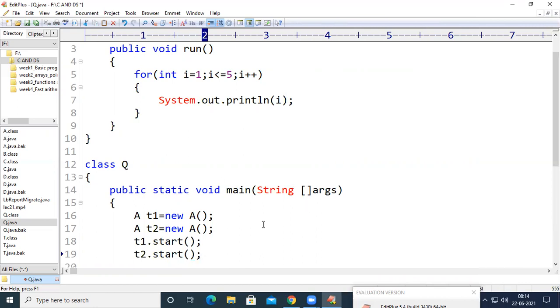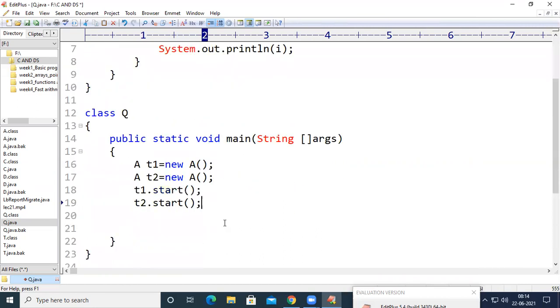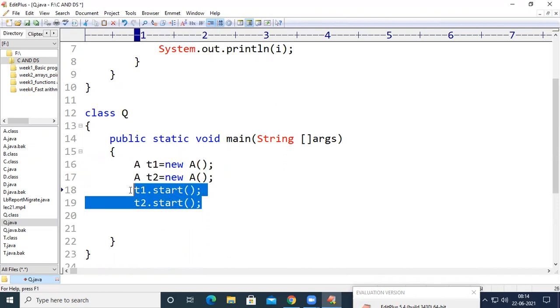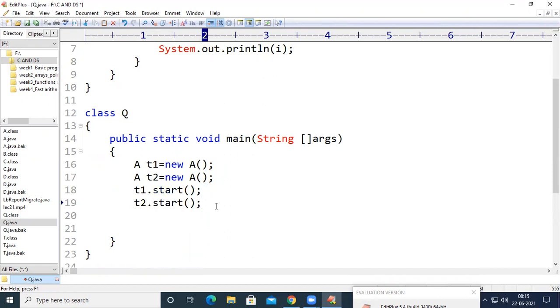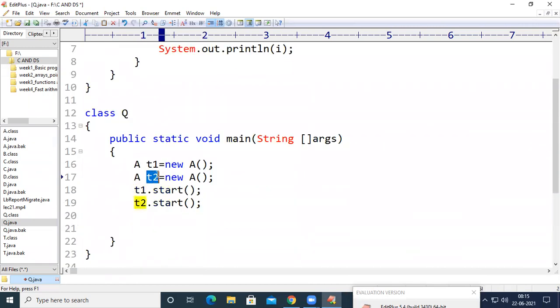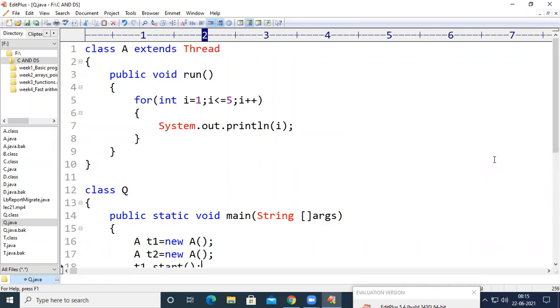So now what this start method will do is bring these two threads from new state to ready state. Whenever you create an object, two threads will be created in the new state. Whenever you call the start method, those two threads will be moved from new state to ready state. And from ready, it depends upon the CPU, the CPU scheduling algorithms, right? So now T1 is going to print the numbers from 1 to 5, and T2 is going to print the numbers from 1 to 5. Okay, now if we run the code,